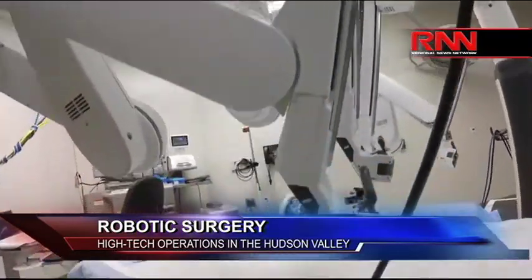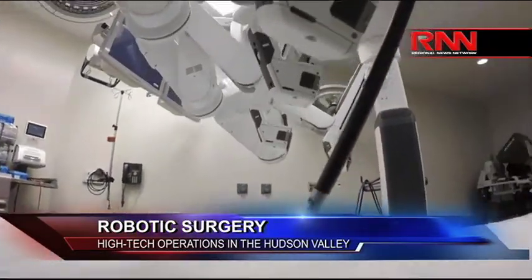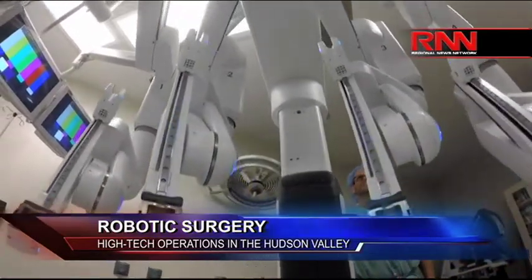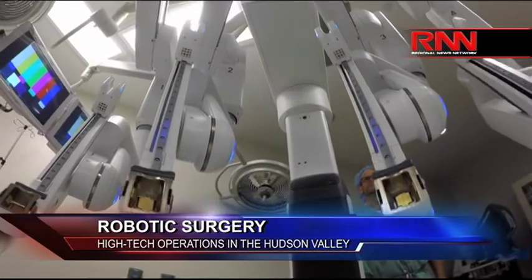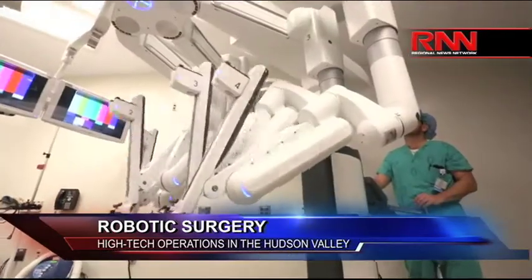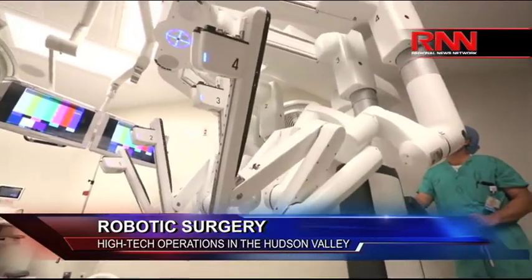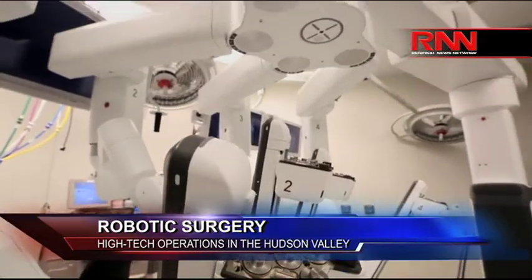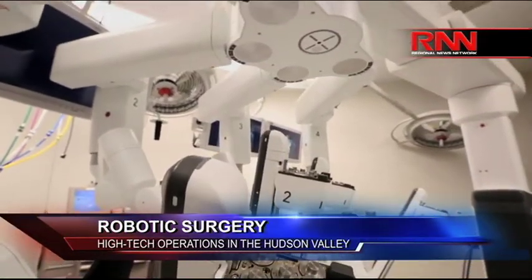When you're talking about the complex, it's difficult to really compare apples to apples to some extent. But when you're talking about cost, you also have to bring into the equation what the hospital is spending to bring the robotic device to the operating room. So you're talking about a $2 million device that can only use some of its instrumentation 10 times before it has to re-up and renew. That's an ongoing expenditure that puts a strain on the economics